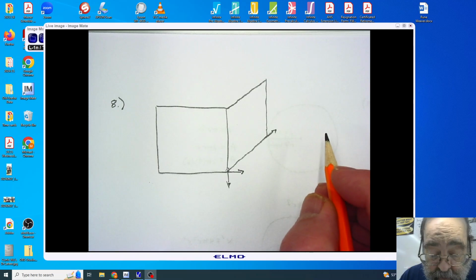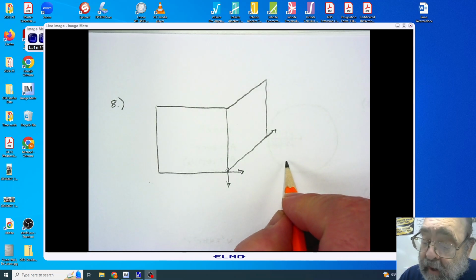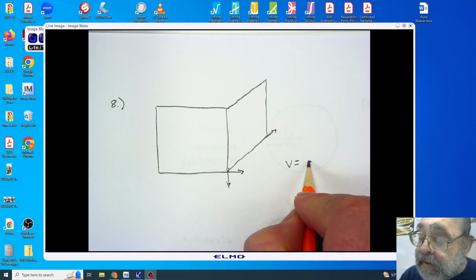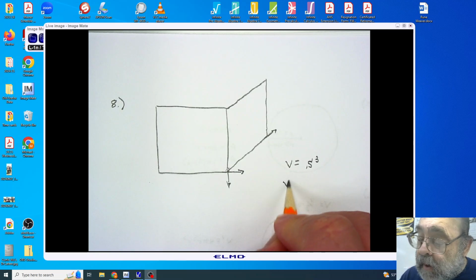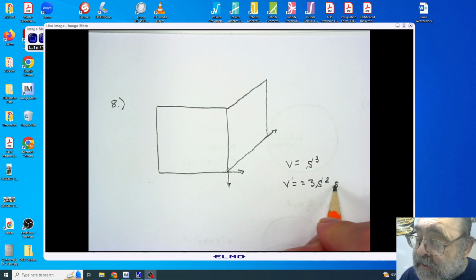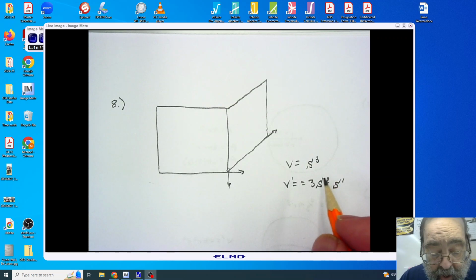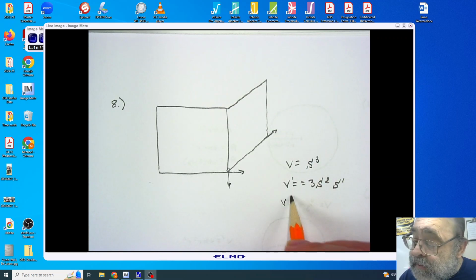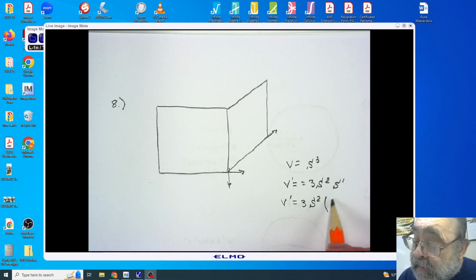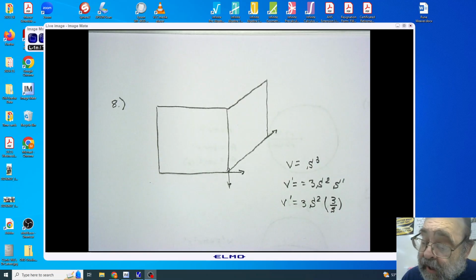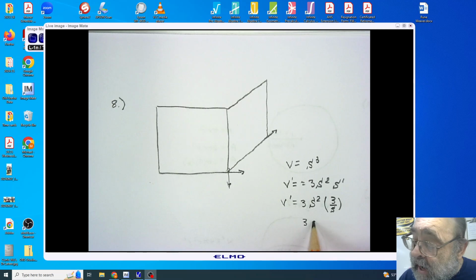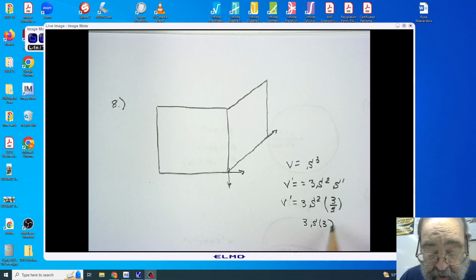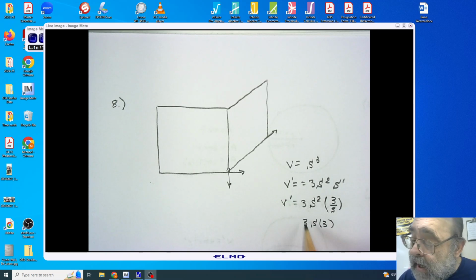Okay. So let's just see, we have volume is going to be s cubed. So v prime would be 3s squared s prime. And the sides are increasing at a given rate, so v prime equals 3s squared times 3 over s. And one of my s's is going to now get canceled. So now I have 3s times 3. And we're talking about s being